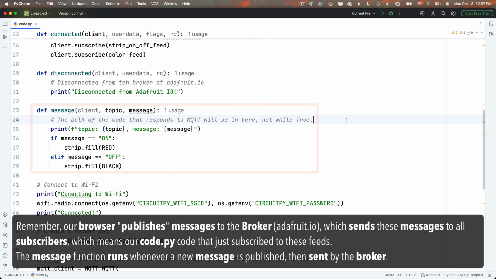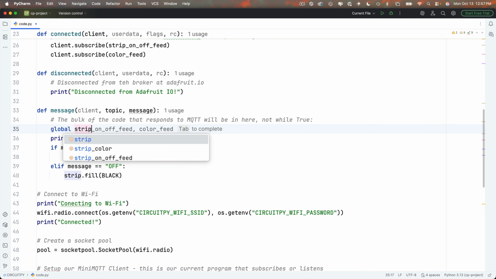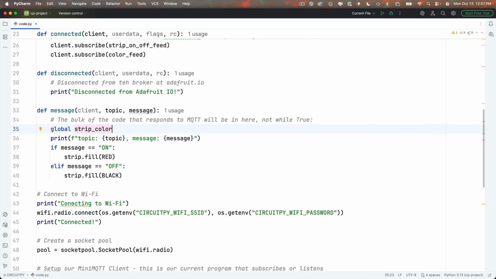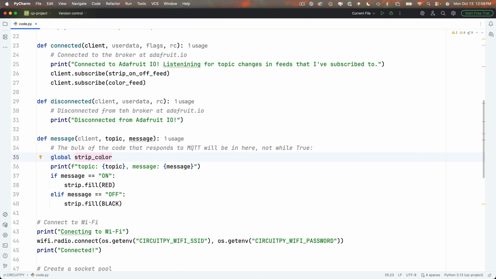First, since I'm going to modify our strip color and update it with the newly selected color, I want to specify that our strip_color variable that I created above is a global variable. So I'll just put in global strip_color. If I didn't add this global line, then my code would have ignored the earlier strip color value that I created, and when I refer to strip color inside this function, it would think that was a new variable local to this function, and that would get wiped out each time the function's done running. If that happened, we wouldn't be able to keep track of the strip color each time we had a new